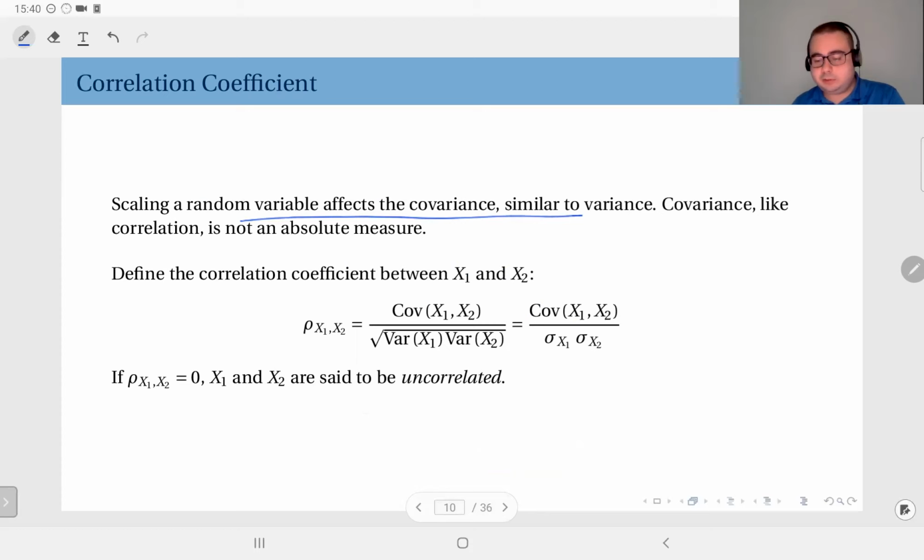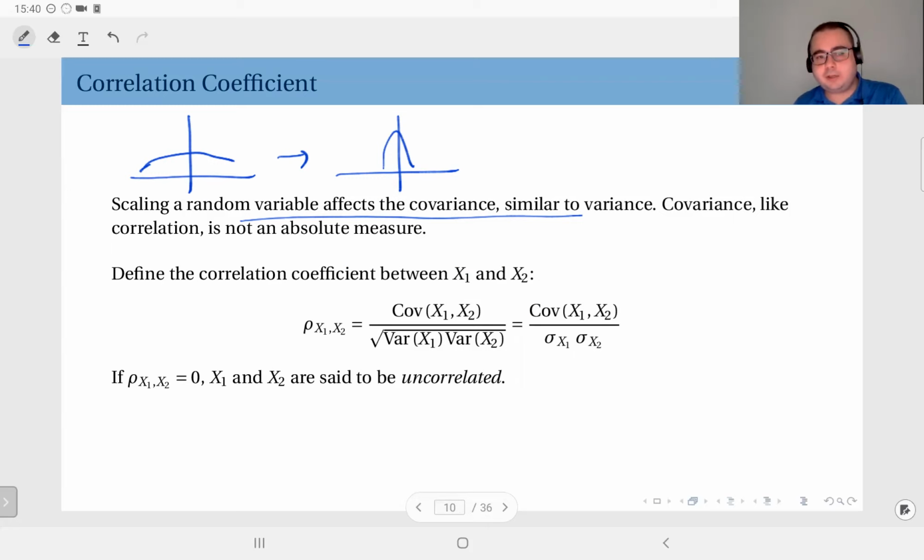Scaling a random variable affects its covariance, similar to variance. If you remember, if you scale a random variable by a number greater than 1, what you are doing is you are dispersing the distribution, you are widening it, so the variance gets larger. But if you multiply it with a number less than 1, if you have this distribution, then you would have something like this. You are squeezing it down. Okay, then the variance gets smaller. The effect is